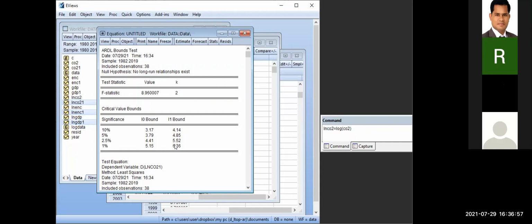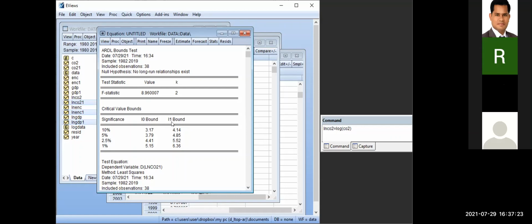The null hypothesis is no co-integrating equation, no long run relationship exists. Our value is this one, so there is a co-integrating equation. So we conclude that there is a long run relationship, to estimate the long run model, which is the ECM,